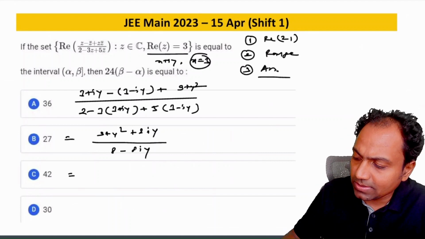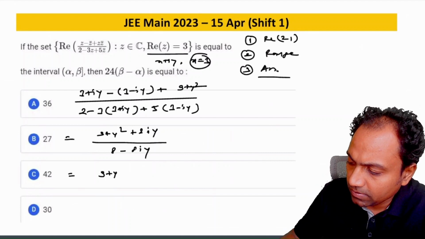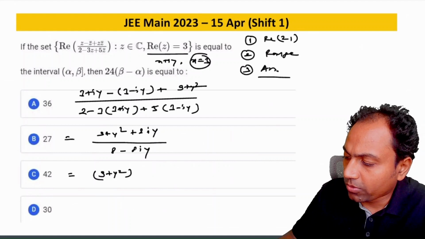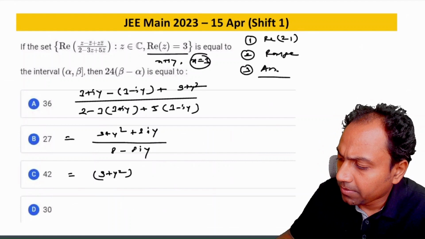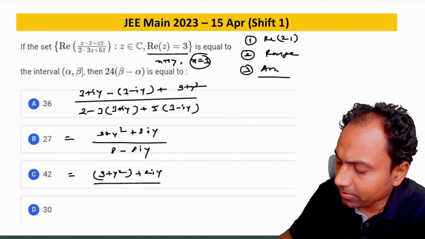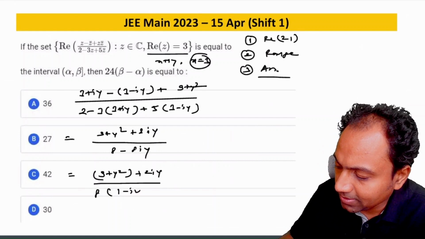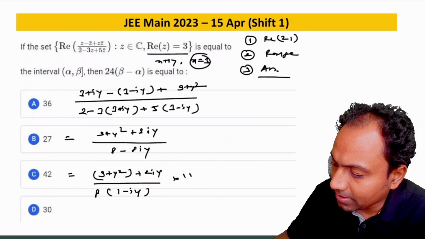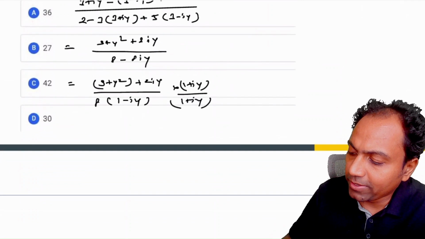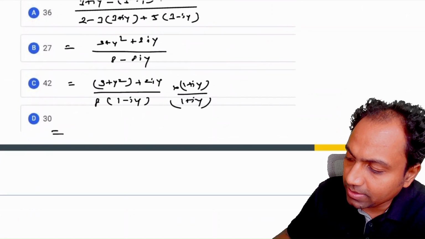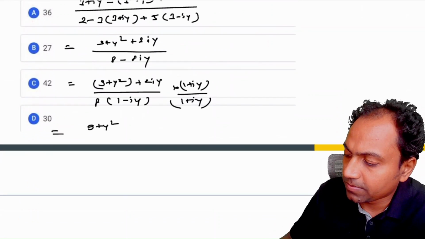Once you have this, it is very simple, because now if I look into my numerator, it is 9 plus y square plus 2iy, and in the denominator I can take the 8 common and it becomes 1 minus iy. So in order to get the real part, I will multiply by 1 plus iy in numerator and denominator and simplify. If I do this, what I get in the numerator in the real part is 9 plus y square,